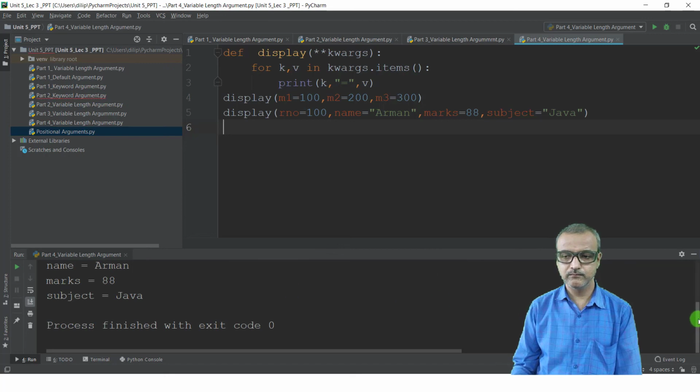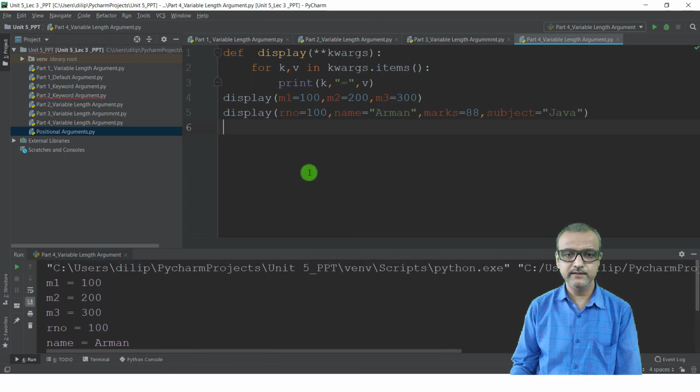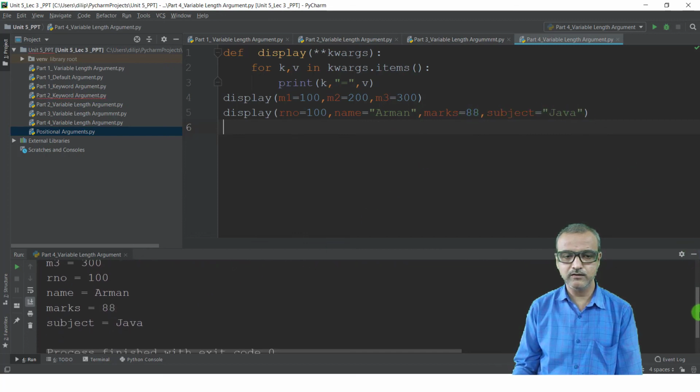You can see the output for the first display function: m1 equals 100, m2 equals 200, m3 equals 300. Now for the second display function, we have roll number equals 100, name equals Arman, marks equals 88, and subject equals Java.